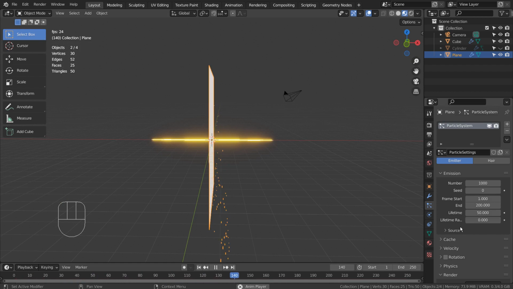Time to turn off the scene's gravity, and increase the particle velocity. I'll limit the total number of animation frames to 100.